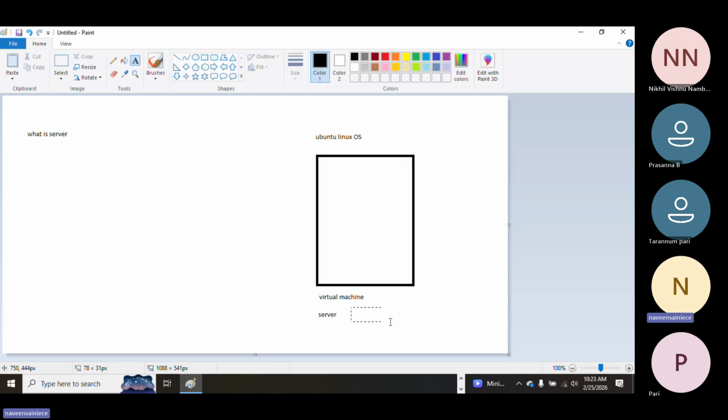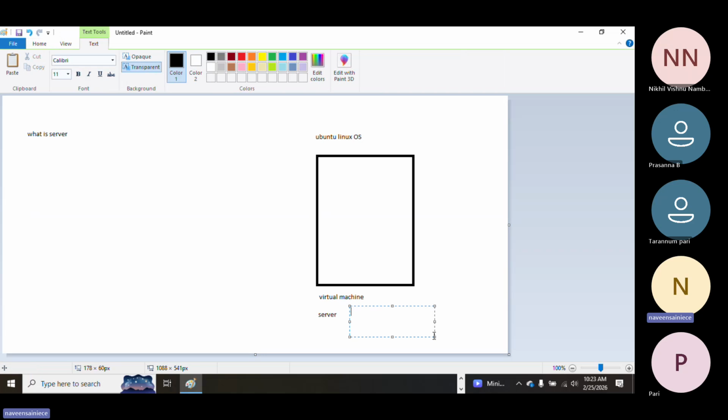Every server has hardware, because the operating system is installed on hardware. It is physical hardware or virtual hardware, whatever, but here it is virtual hardware: CPU, RAM, hard disk, GPU, whatever we have.